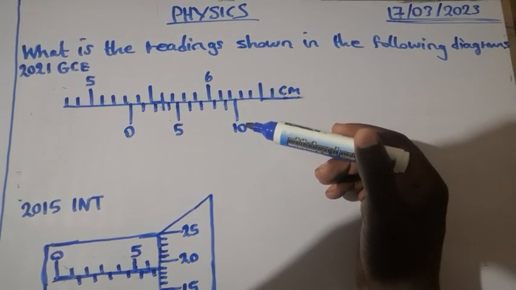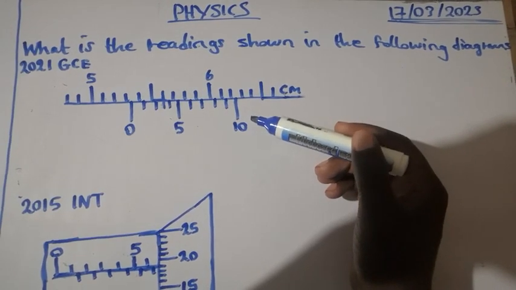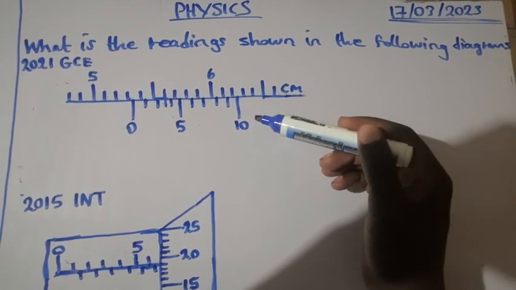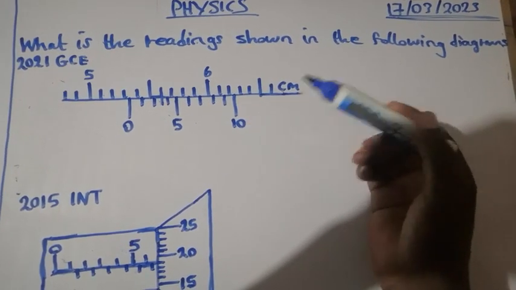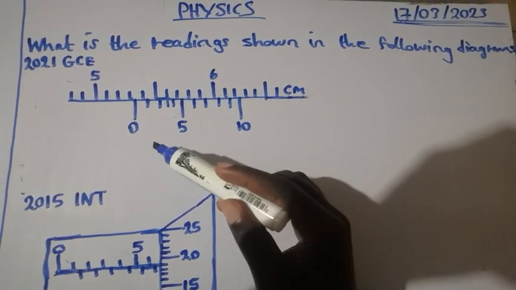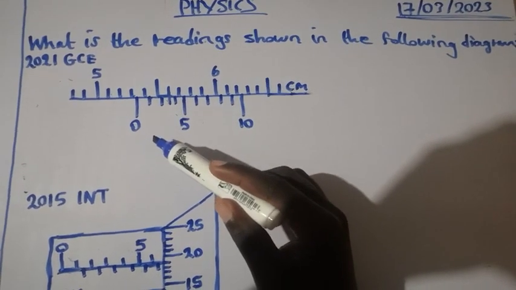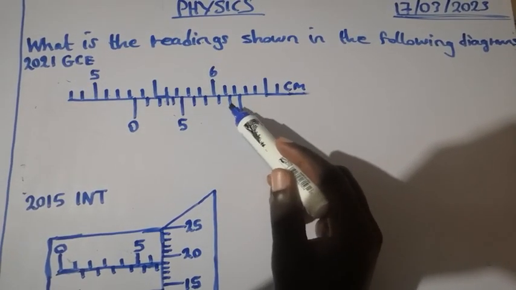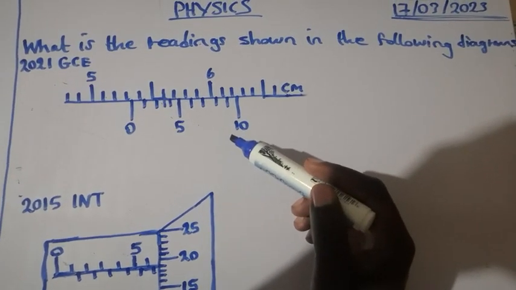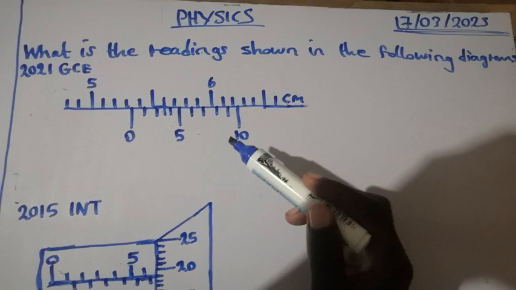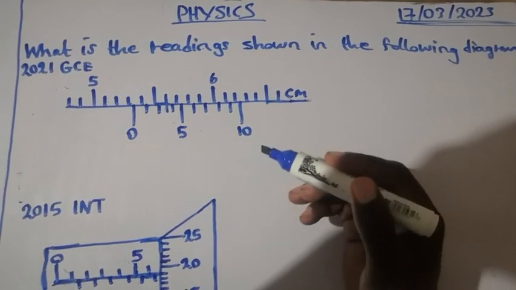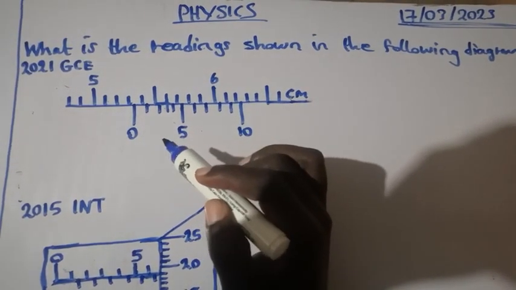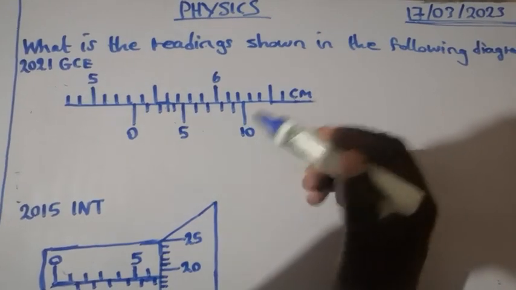The other thing you can use to distinguish the main scale and the vernier scale is by checking the readings. As for the vernier scale, each division represents 1: from 0, 1, 2, 3, 4, 5, 6, 7, 8, 9, 10. The vernier scale has 10 divisions, standard one. So we have to pick the main scale reading and the vernier scale reading. So for the main scale reading,